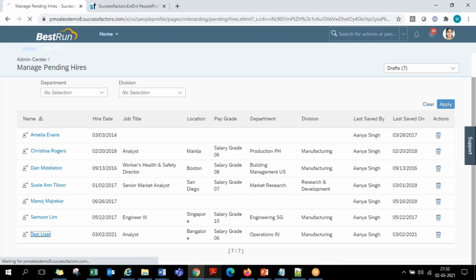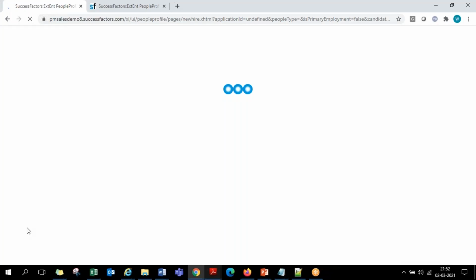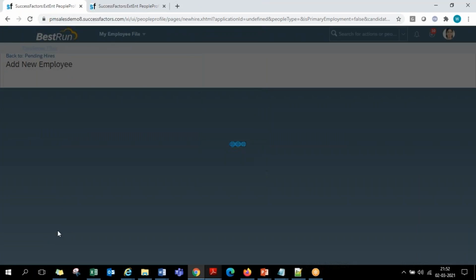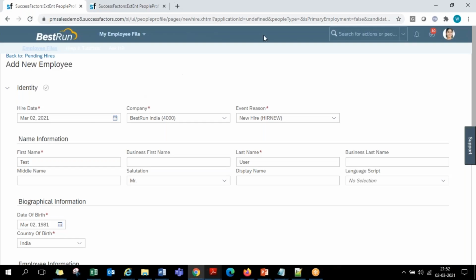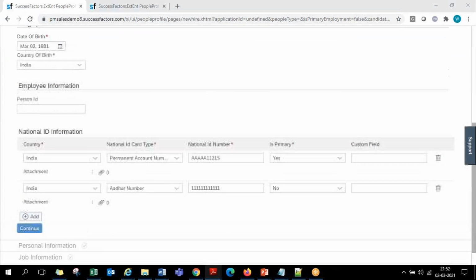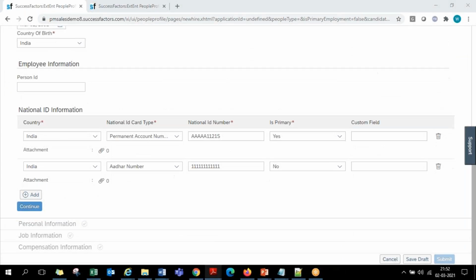Okay. So now in this manage pending hires, select that record which we just kept as draft, guys. I clicked on the test user record, and the system opened up the entire area of information, whatever I filled in. Right from the first step, it will again bring up here on the screen. If you want to make any corrections, if you want to review anything, you can do it.